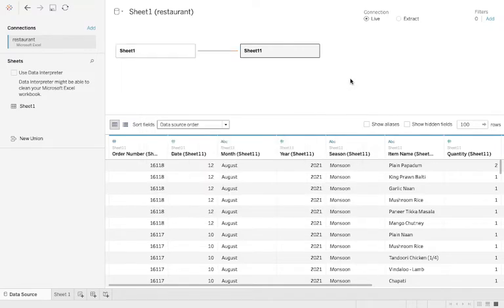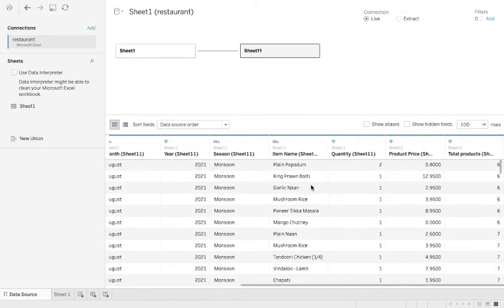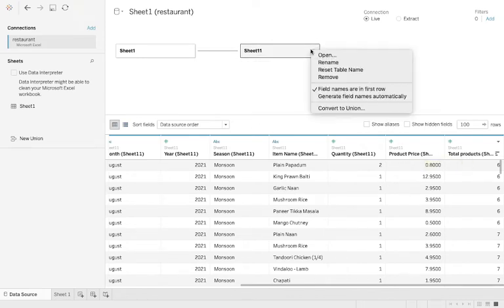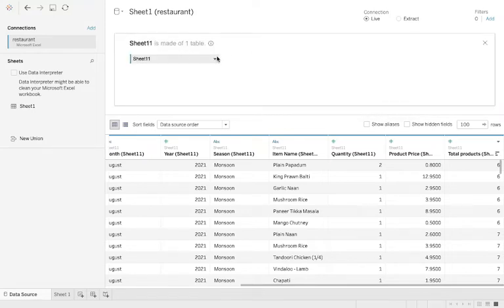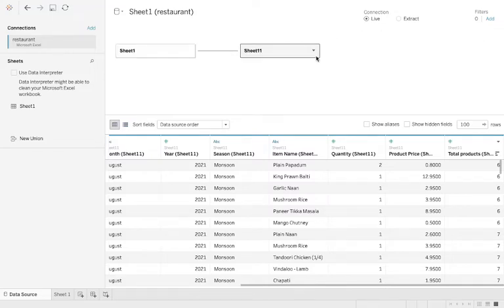It won't actually give a lot of changes to your particular sheet. If I cross this, you can see this will show you order number from sheet 1, year from sheet 1, month from sheet 1, and all these things. So this has changed for us a bit, but I don't think we need the second table here. So all I'm going to do is remove this.